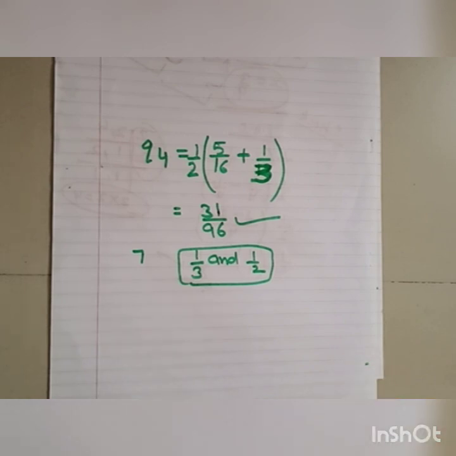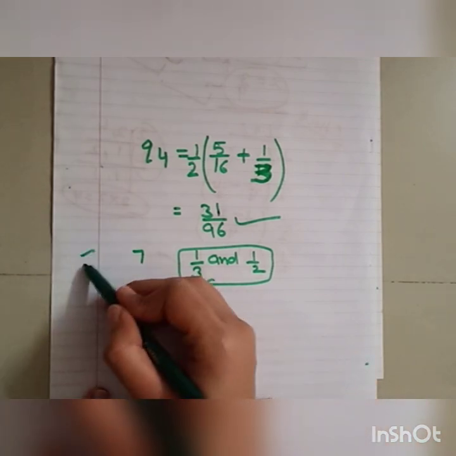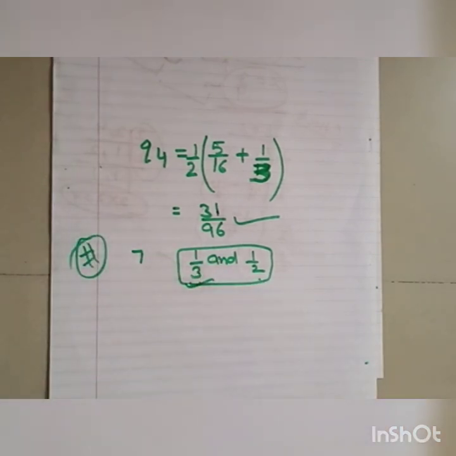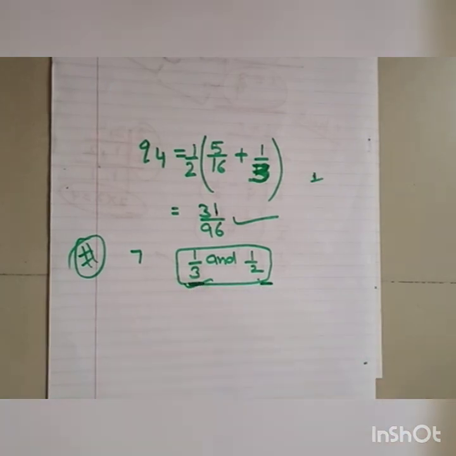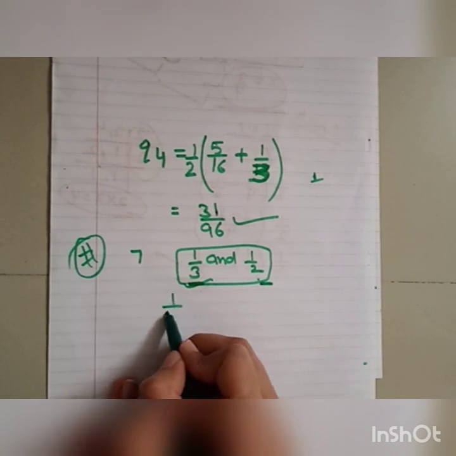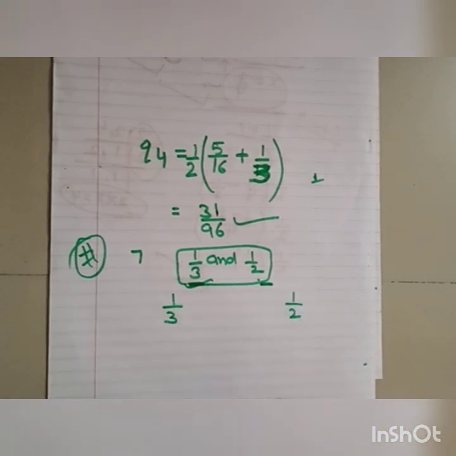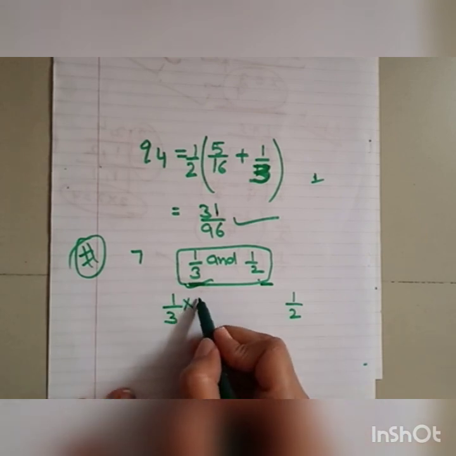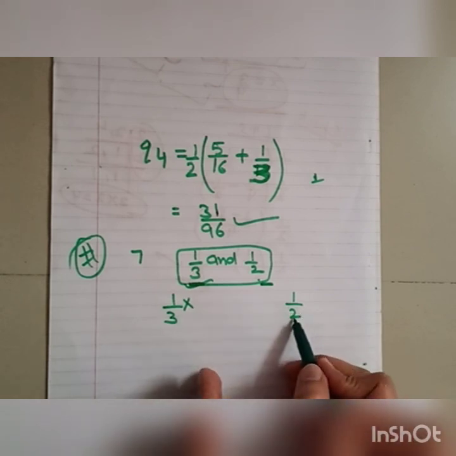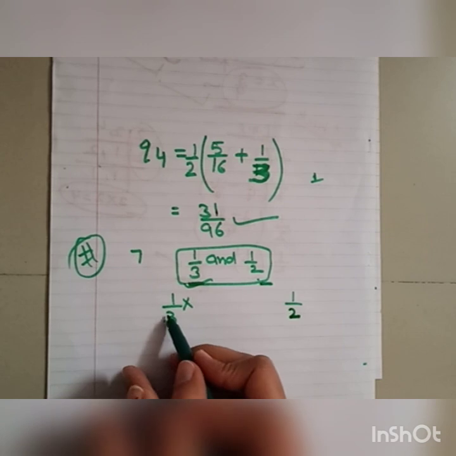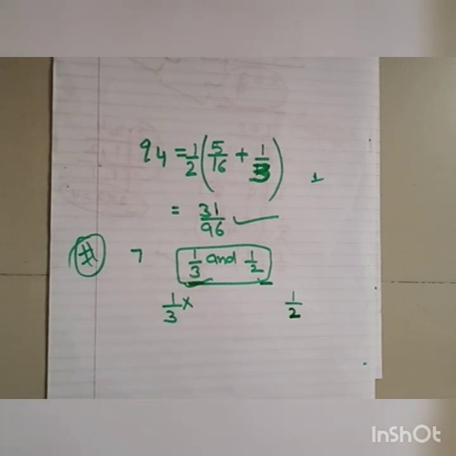Adding two and dividing by 2, adding two and dividing by 2. The next example is to find 7 rational numbers between these two. So for this, we have two rational numbers, 1 by 3 and 1 by 2. Multiply them with any table, make the same denominator, and then check how many rational numbers lie between those two.